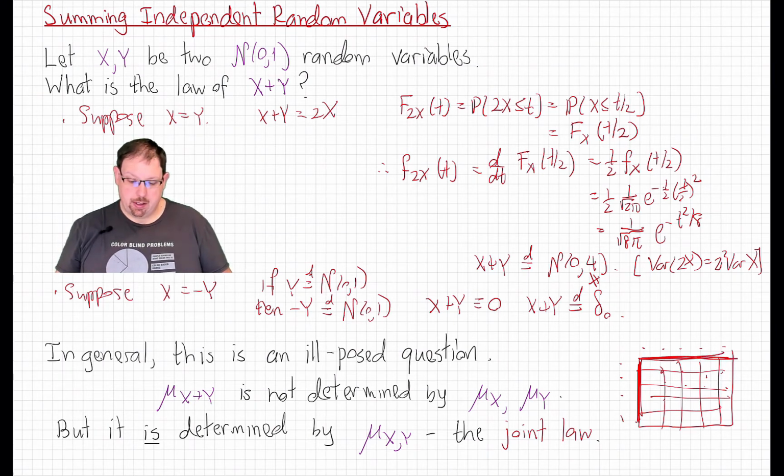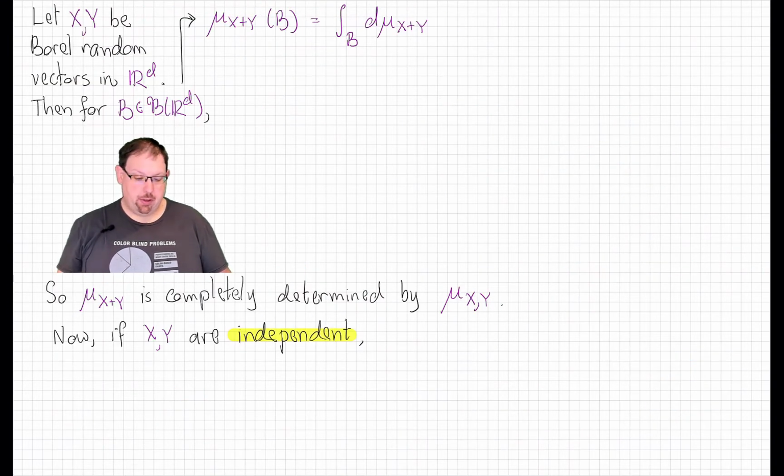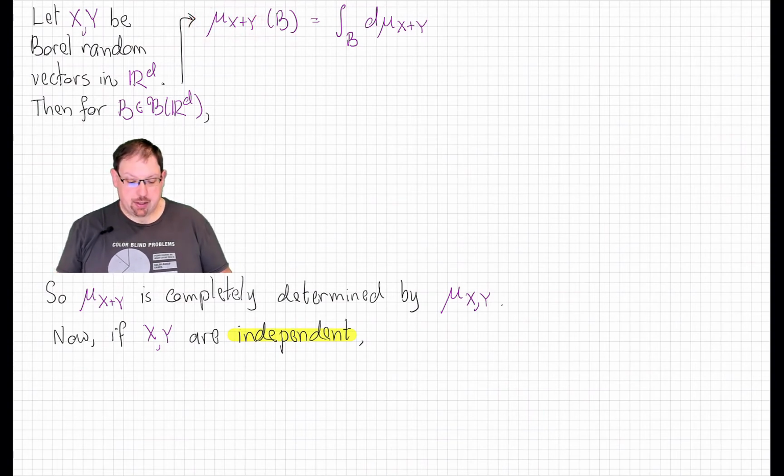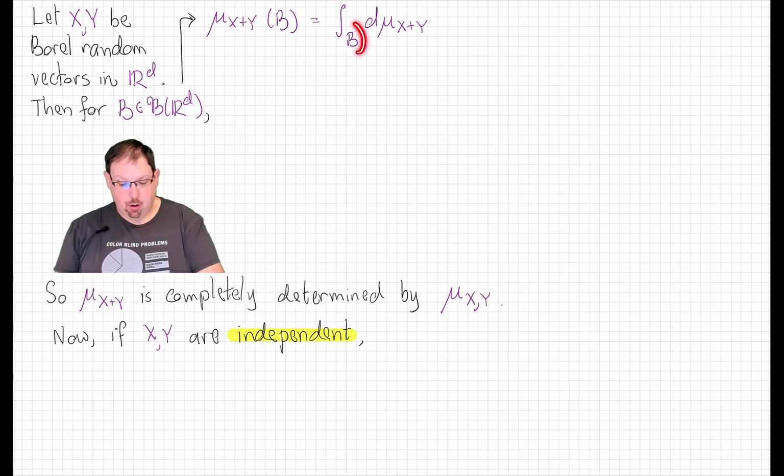So how do we determine the law of X plus Y knowing the joint distribution of X and Y? Well, we can be even more general here and do this for sums of random vectors. So suppose X and Y are two random vectors in R^d. Then the law of X plus Y at a Borel set B in R^d, we can write as usual by integrating that law over the Borel set B. And let's write what that is by definition. It's the full Lebesgue integral of the indicator function of B